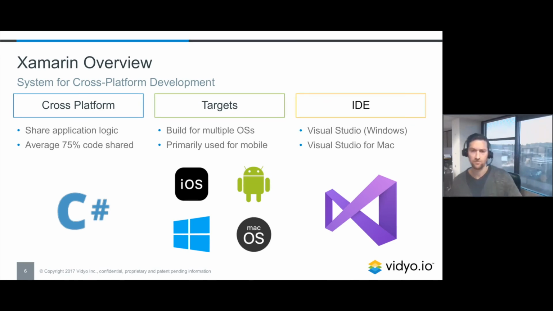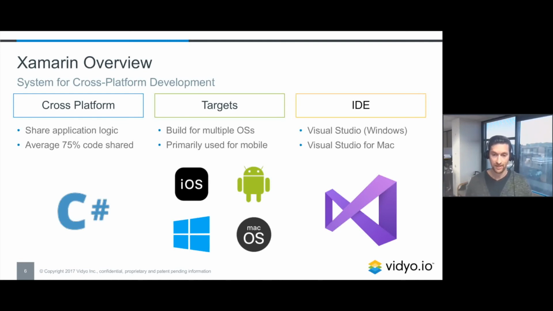Xamarin is a platform which will allow you to deliver native applications developed in C#. It's going to allow you to share C# application logic among various targets that are being developed for. Optionally, you could share UI code as well, which we'll discuss a little bit more later. Based on results that have been measured, you could share an average of about 75% of your application code among all the mobile development platforms. And if you choose to share your UI code as well, you could get that up to close to 100%,